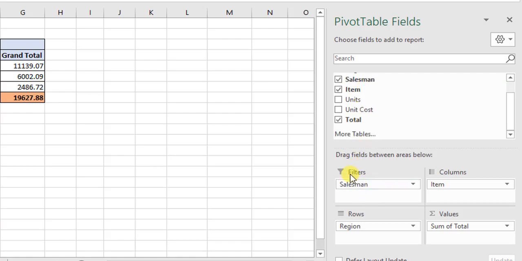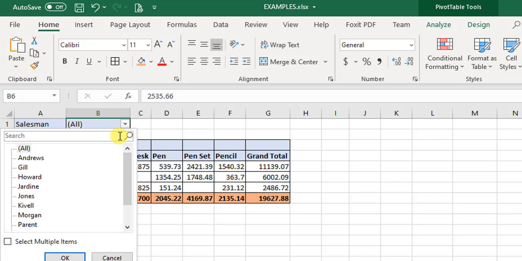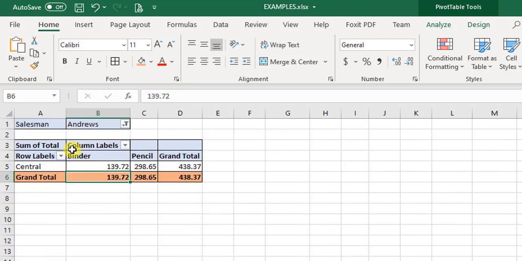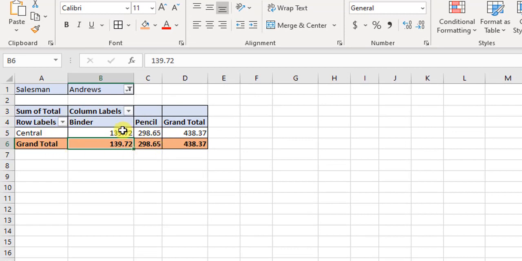And now once I put it over here, you see an additional row has been created on top of the first report, and that is this filter option, which is showing salesman and it is showing all. So right now this data is reflecting sales of everybody. Now in case I just want to look at one particular salesman, for example Andrew, I select Andrew over here and I click OK. So now you see the data has been modified and now this data is reflecting only the sales of Andrew. Okay, so this is how we make pivot tables and generate dynamic reports with a few mouse clicks.